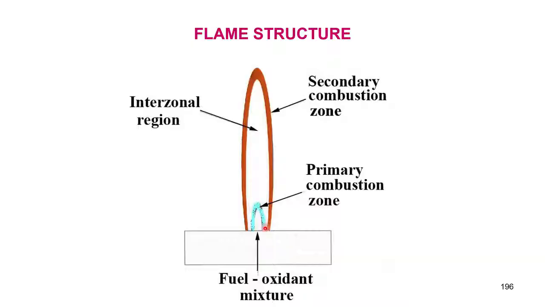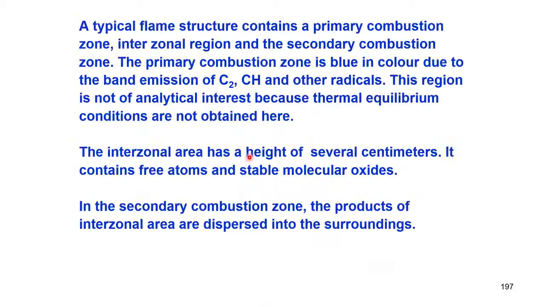So, we are discussing the flame structure. It contains the bottom blue portion, then a green portion, and then a red portion. One is the primary combustion zone, another is the green portion, which is the secondary combustion zone, and the third is the top reddish flame, and this is the interzonal region. So, both of them will be there in this range. A typical flame structure contains a primary combustion zone